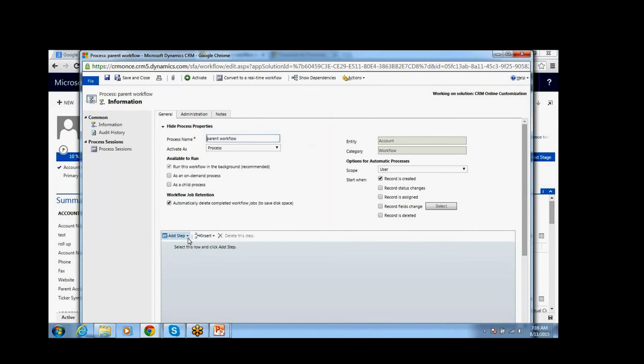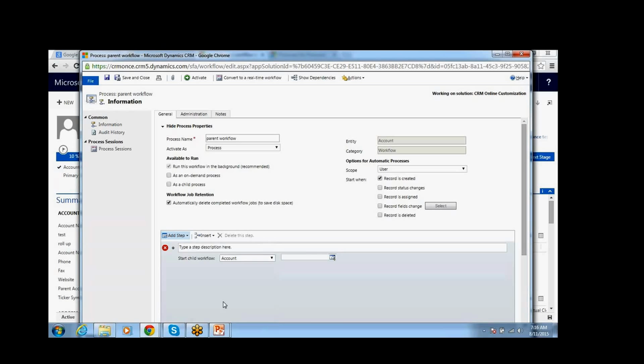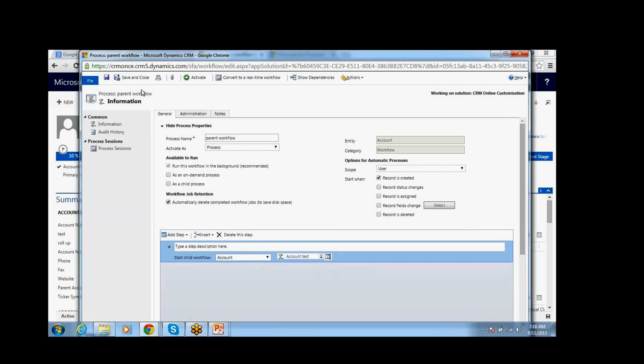From here, add the step, start child workflow. Here, whatever workflows we have, we have to select it. Similarly, like this, we will run the child workflows.